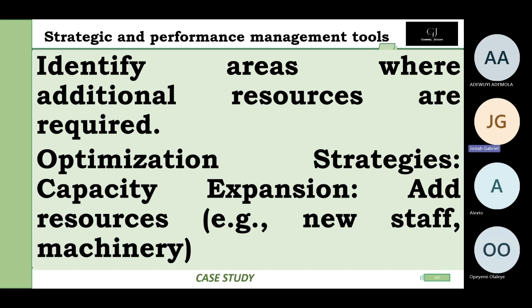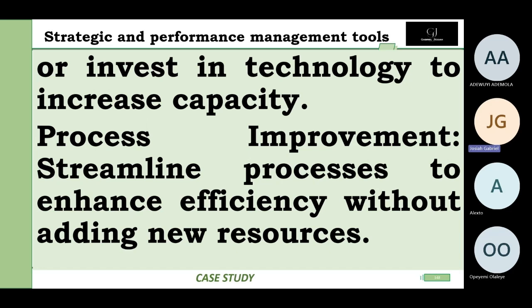And in optimizing strategies, capacity expansion is a strategy that could help address some of this business capacity analysis, especially on overutilization, I beg your pardon. Capacity expansion in areas of overutilization could be, in addressing it, add resources. Example, engage new staff, upgrade machinery, or buy new state-of-the-art machinery, or invest in technology to increase that